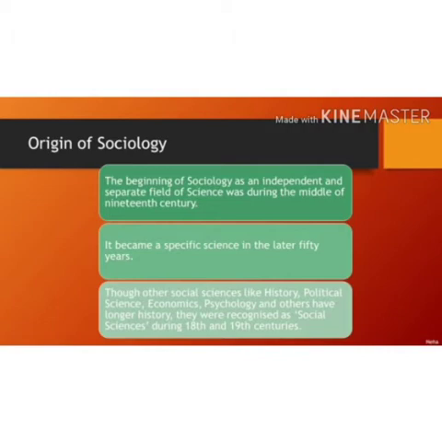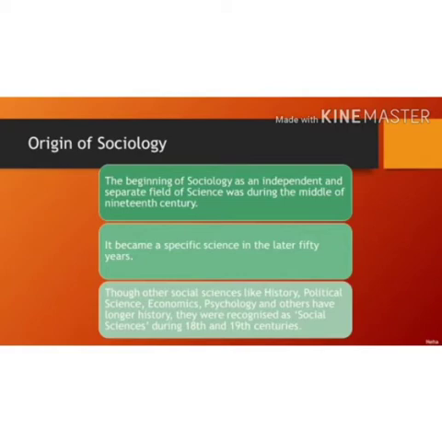First, we discuss the origin of sociology. In this part, we discuss when the subject of sociology originated. In the 18th and 19th centuries, Europe faced the Industrial Revolution and France faced the French Revolution. Then onwards, history, political science, economics, and psychology were studied as social sciences. Social and religious reform movements, the Renaissance and other related movements started all over the world. This resulted in the origin of sociology.